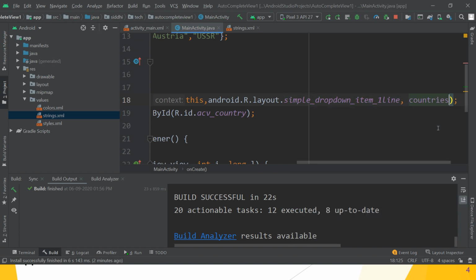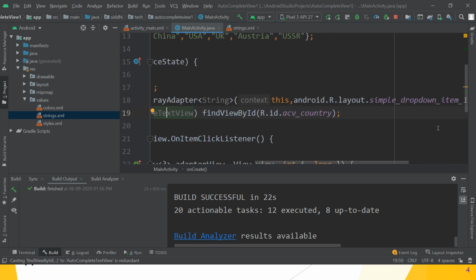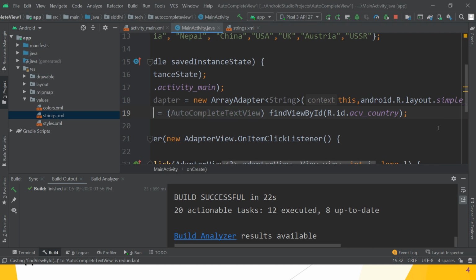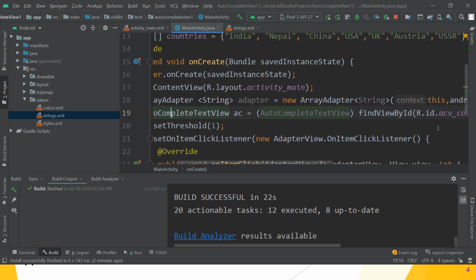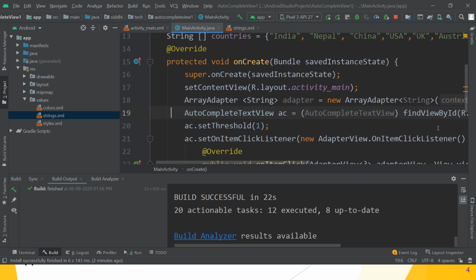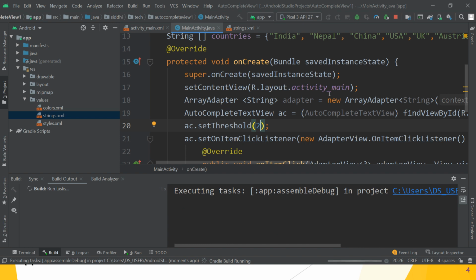Yes, great. After the countries, find view by id, autocomplete text view, AC. Yes, then set the threshold. Okay, so the minimum default is 2, you can write it 3 or 2. Let's check why it is not given for 1.